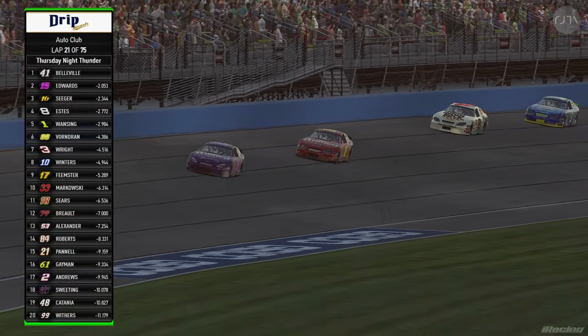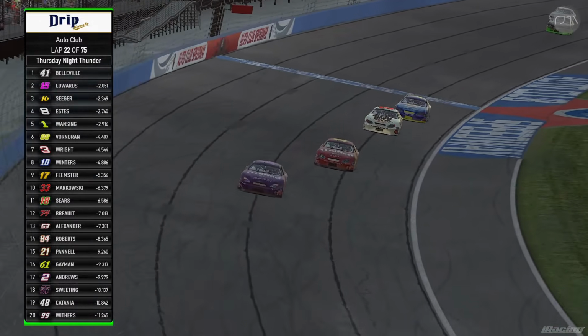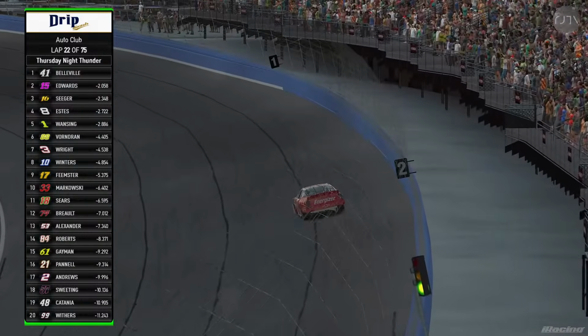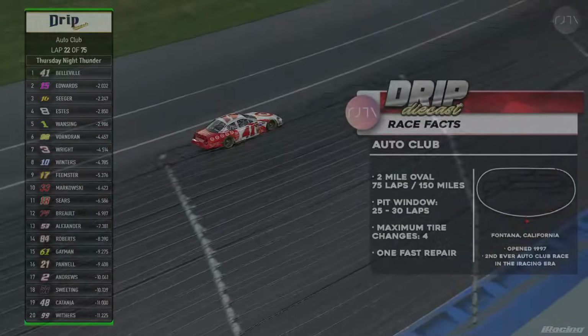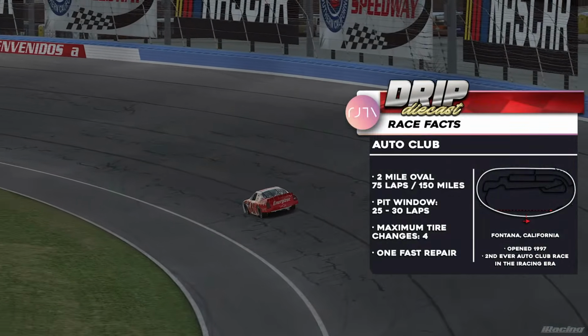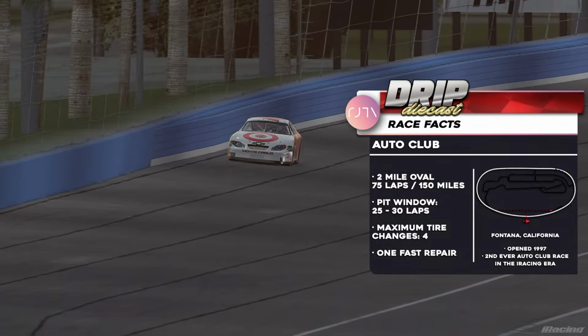Noah Belleville has been that guy, though. He absolutely has. Same with Aaron Edwards. Now, of course, we're 22 laps into this race. We still have more than 50 to go. Drivers are going to go, 25 to... And I could be dead wrong about this, but the Drip Diecast race facts will tell us 30 laps on